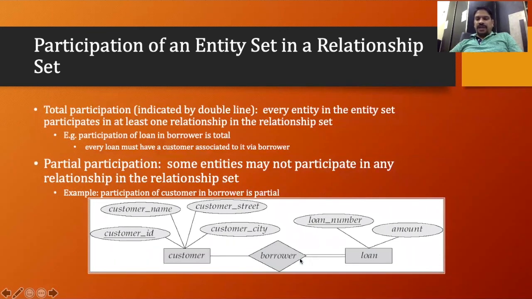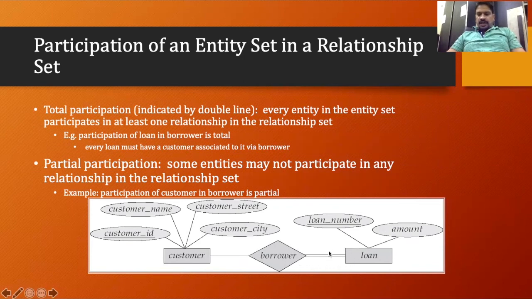If we have the double line, then there is the total participation. Okay, so what do we mean by an entity set with total participation and partial participation? If we have two solid lines, this represents the total participation. So what do we mean by total participation? The meaning of total participation is,